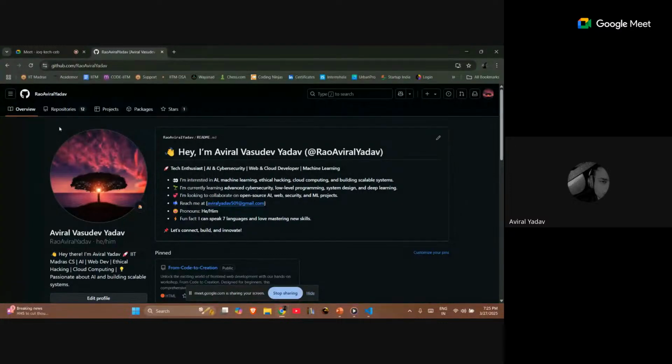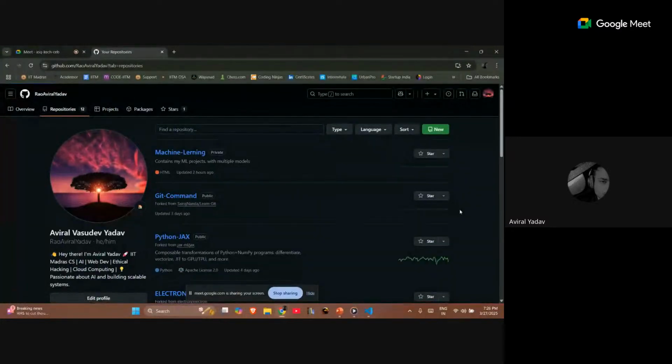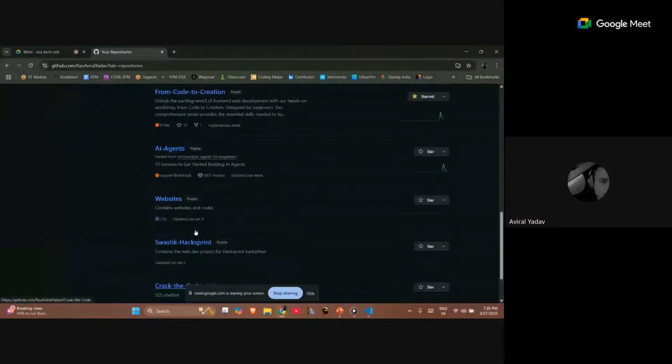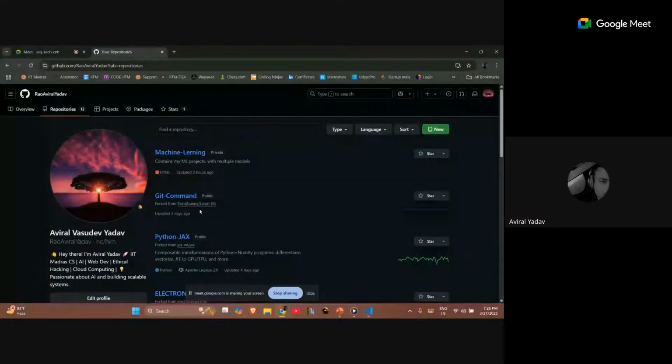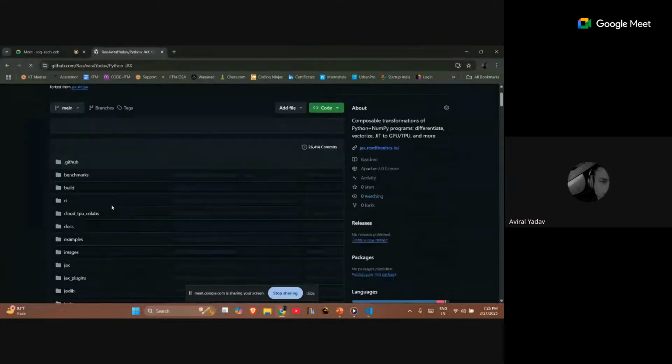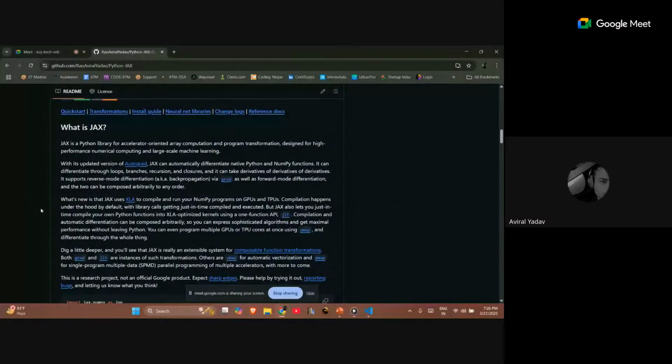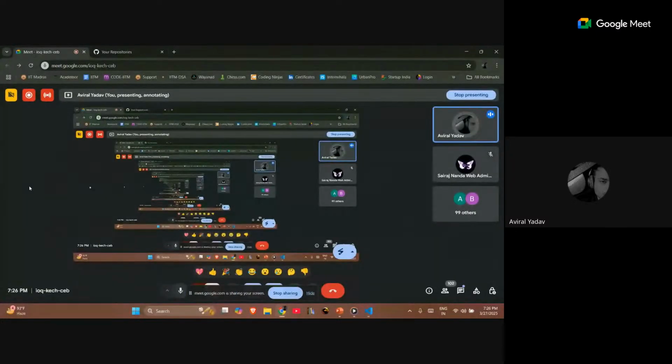If you ever get lost on your GitHub account, just click on this icon that comes here. From there you can go to your profile, and if you want to navigate through your repositories, just click on this button, repositories. All the repositories that you have, for example, this Python, Jax, Electron framework, books, and all these repositories of mine come down here, and I can click on any one of these and it will open that, with all the commands and lines and so on. I hope that is clear to you. No issues on that.